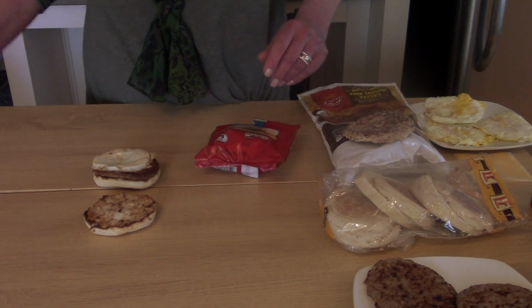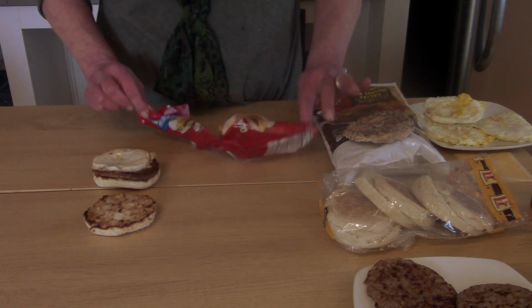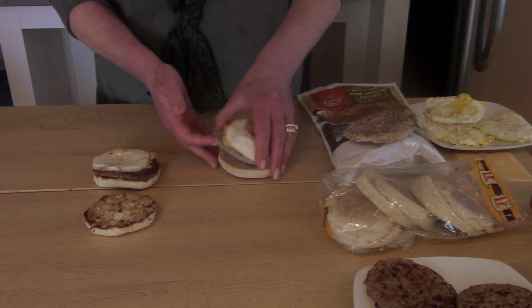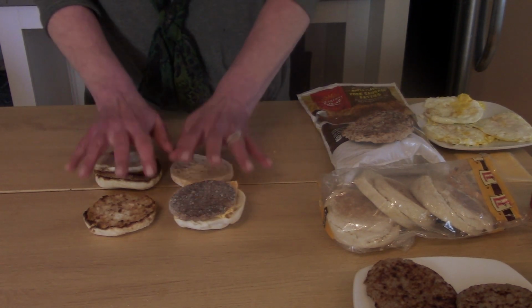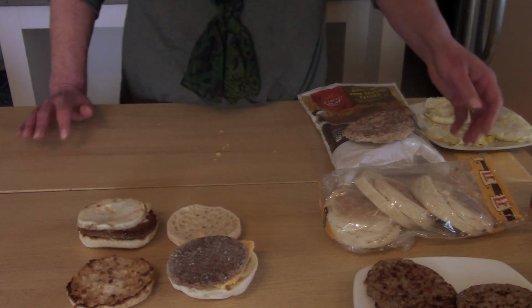I also went by the Dollar Tree and found a Jimmy Dean sausage muffin. And it has cheese, but no egg. You can see the size comparison is just about the same. So I'm going to scoop these up here a little bit, and then I'm going to take a look at